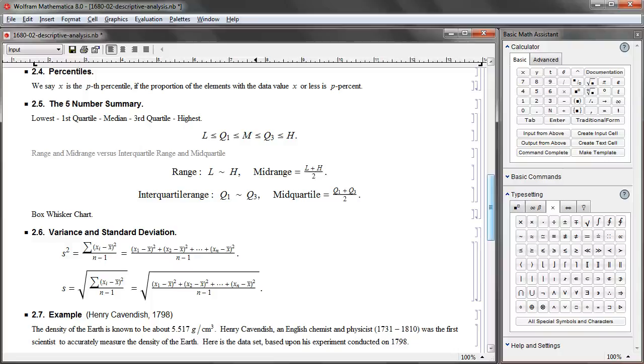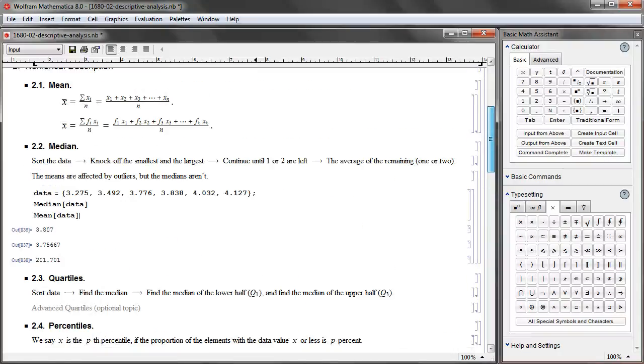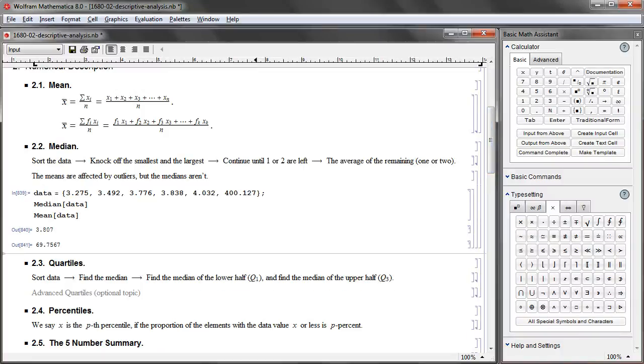But if you look at interquartile range and mid-quartile, they work okay. Because no matter what we do with this last number and create an outlier, interquartile range is from here to there. Q1 is 3.492, Q3 is 4.032, and the outlier is outside of that. So interquartile range stays the same as this interval, and mid-quartile